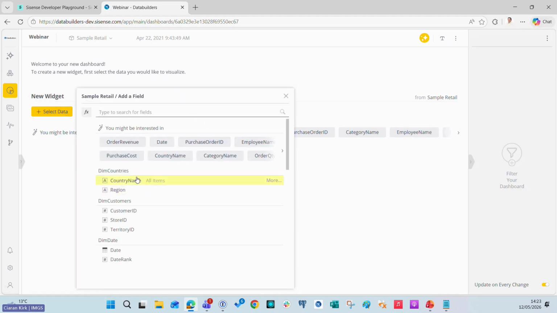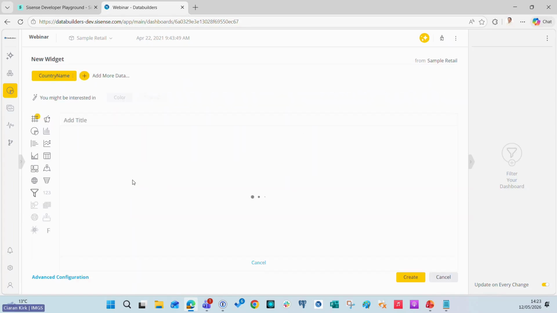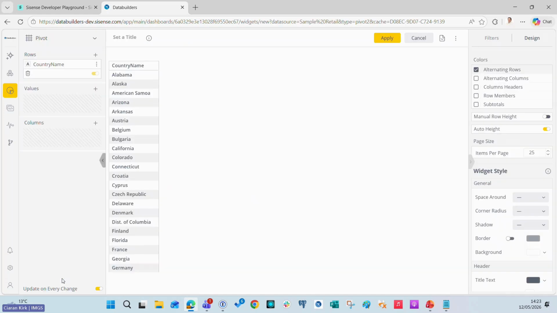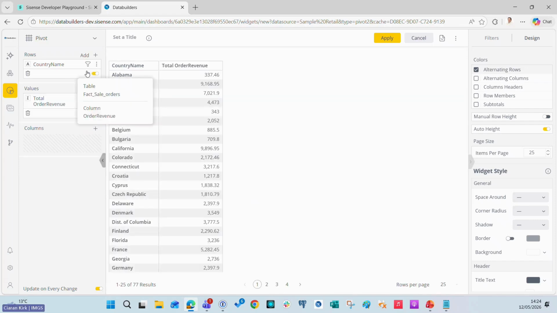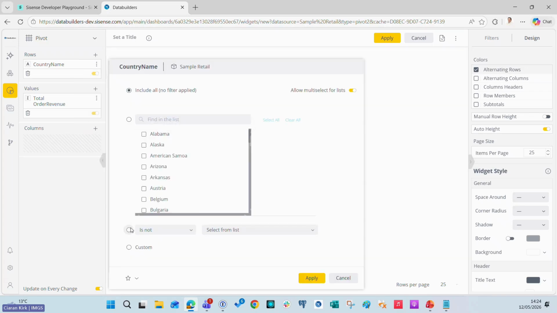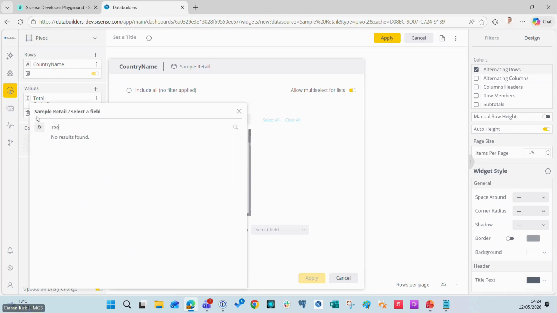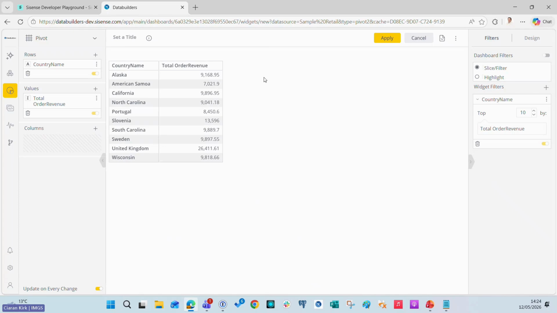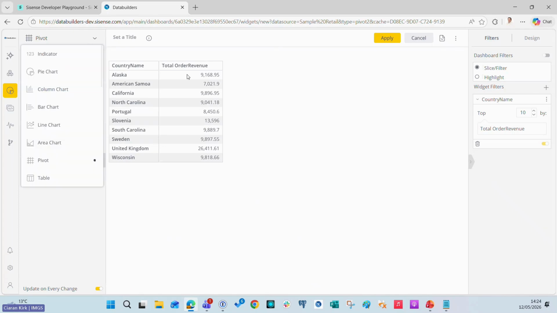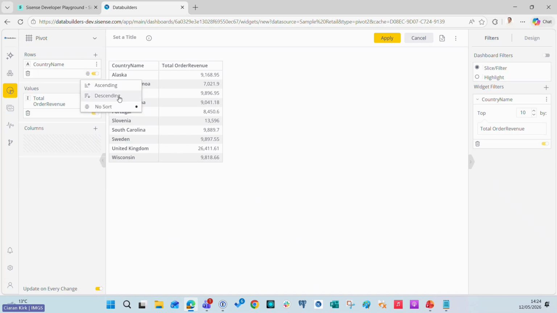So I'm going to take country name as my dimension. I'm going to go in and do some advanced configuration. I'm going to add in revenue. And I'm going to filter this to only show the top 10 by revenue. And you can see how easy it is to create widgets and things in Sisense. So I've now created my top 10. I'm actually going to sort that so it's ascending. And I'm going to